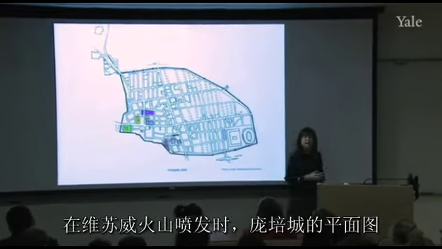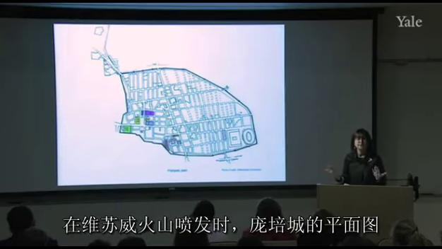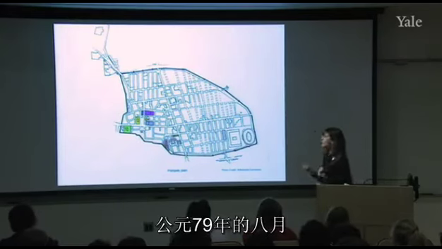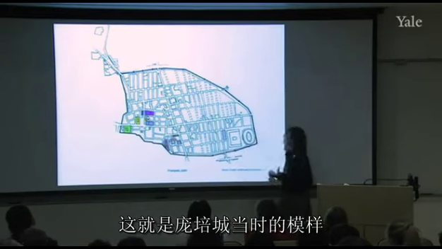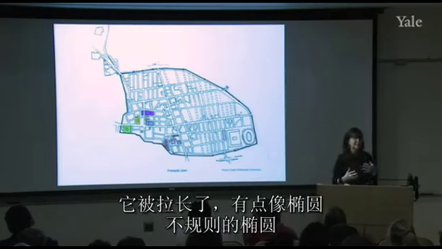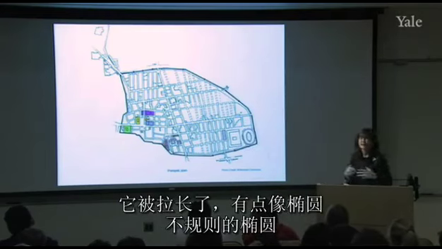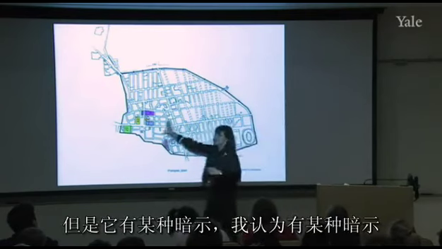This is a plan of Pompeii as it looked just at the moment that Vesuvius erupted. So in August of 79 AD, this was the way Pompeii was at that particular time. You can see it's not really a rectangle. It's a kind of elongated, irregular oval. But I think it has the sense